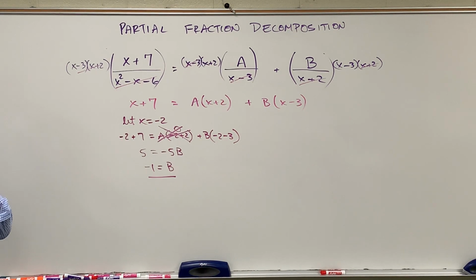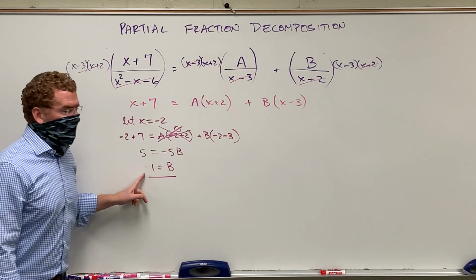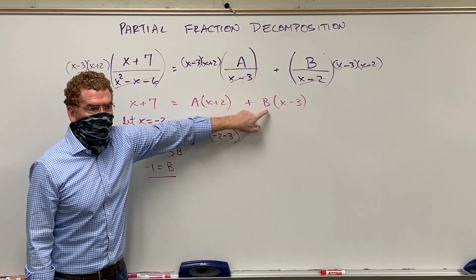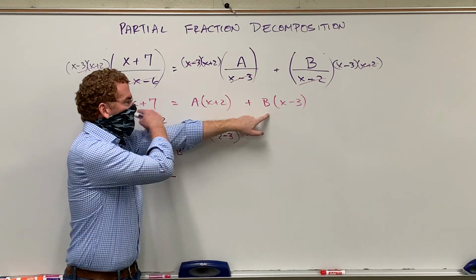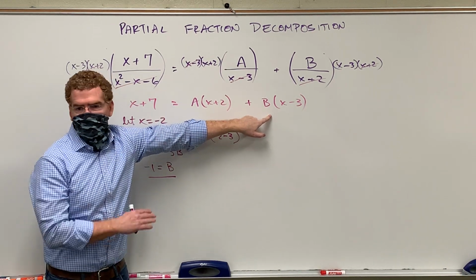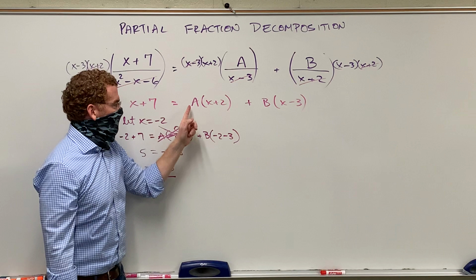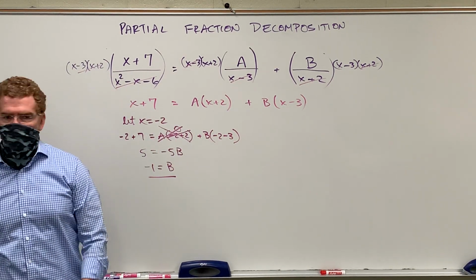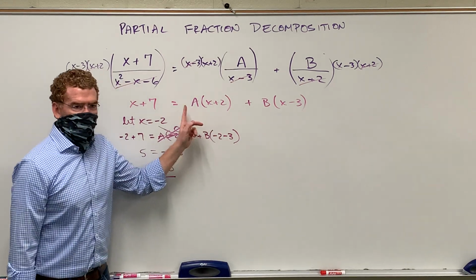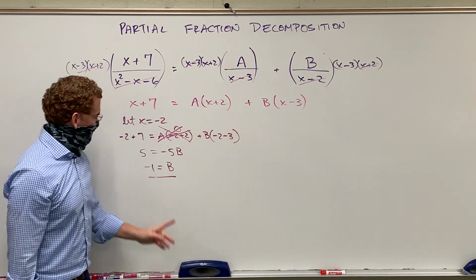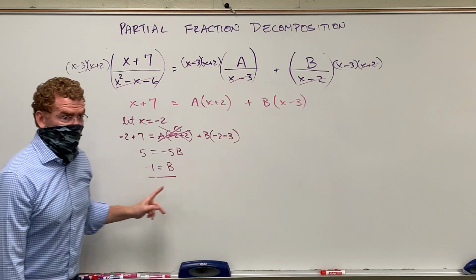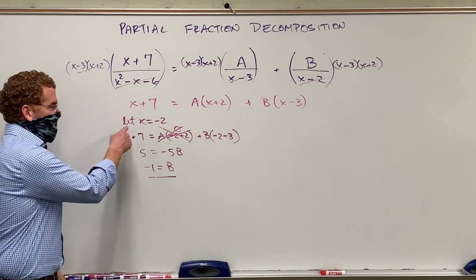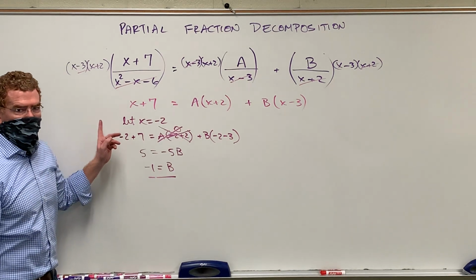Now at this point, if I wanted to, I can take that -1 and plug it back in there. And once I plug that -1 back in here, what am I left with here? I'm left with nothing but a and some x's. And then I could really pick any number I wanted to plug in for x, because all I would have left is a. But what I like doing, rather than plug a -1 in there, because there's a chance I might have made a careless error there, I like coming in here and just doing the exact same thing, but this time not with -2, but with